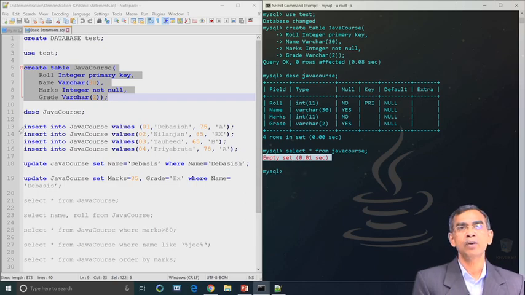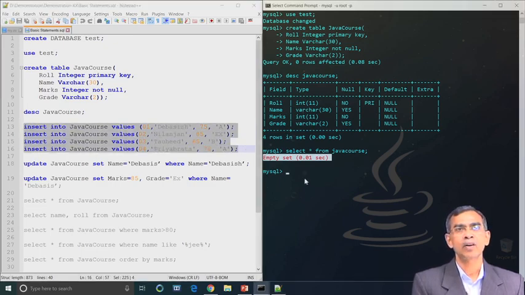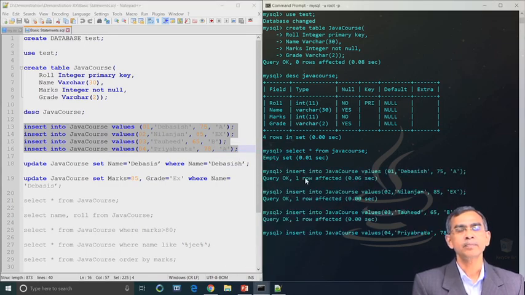So, now let us see how records can be inserted into the table Java course, which is under database test. There are commands like insert command, which can be one at a time, or 4 insert commands can also be placed in the same command. Now, we are typing only one command first. Okay, so, at the same time we have typed all the commands one by one anyway.